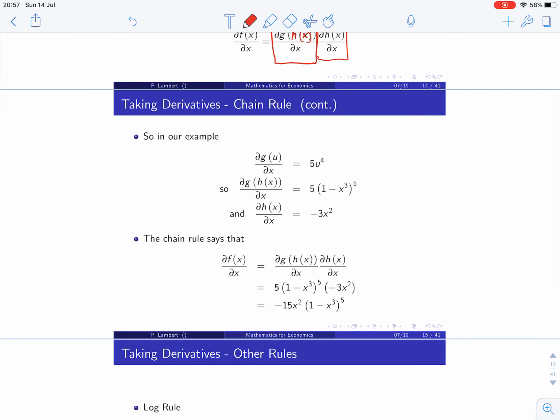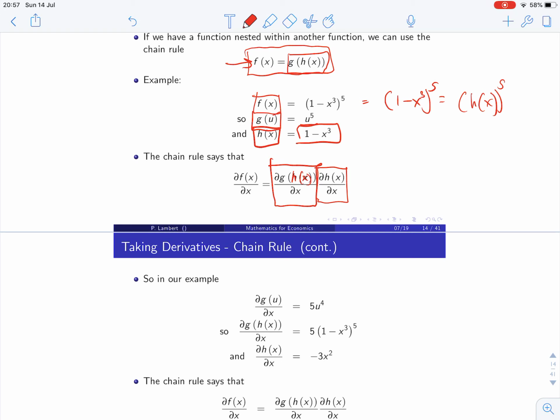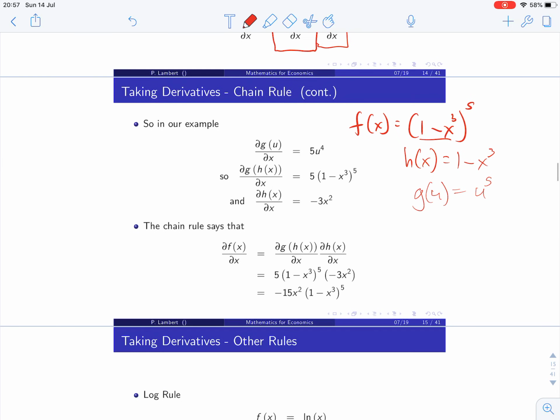In our example, we had f of x equals (1 minus x cubed) to the 5. And we said that we're going to define h of x as this internal part, 1 minus x cubed. We're going to define g of u as taking the input u and raising it to the power of 5. So we need to first take the derivative of each of these